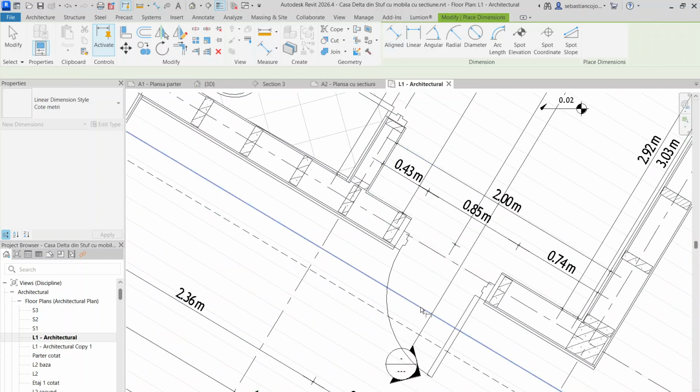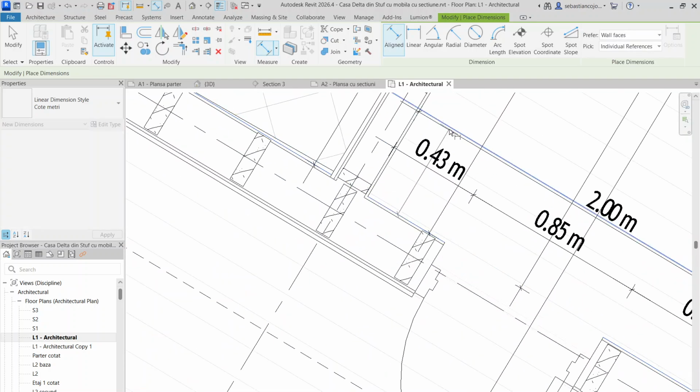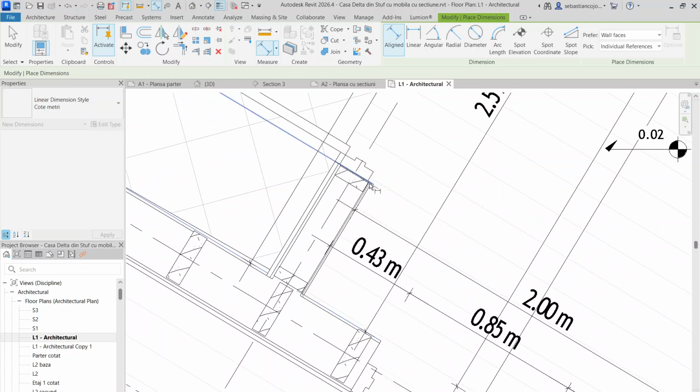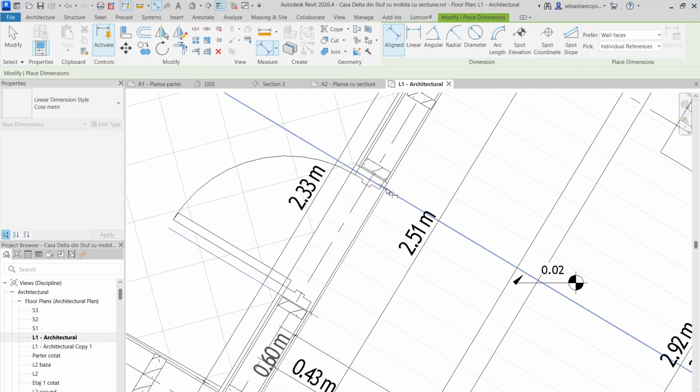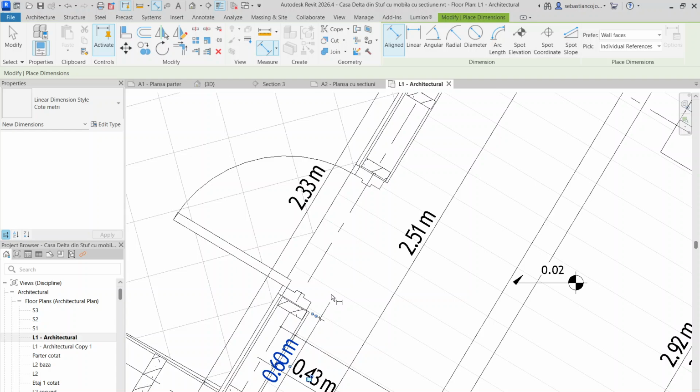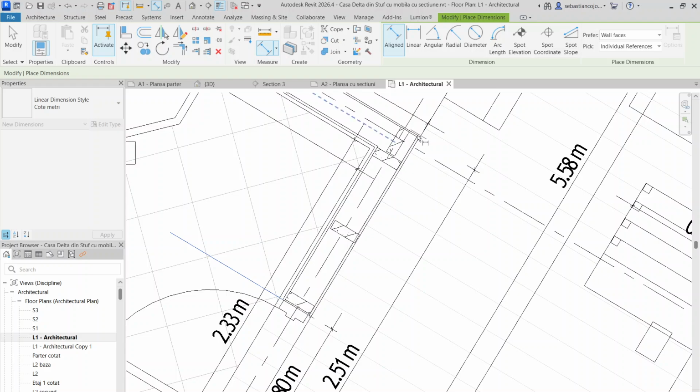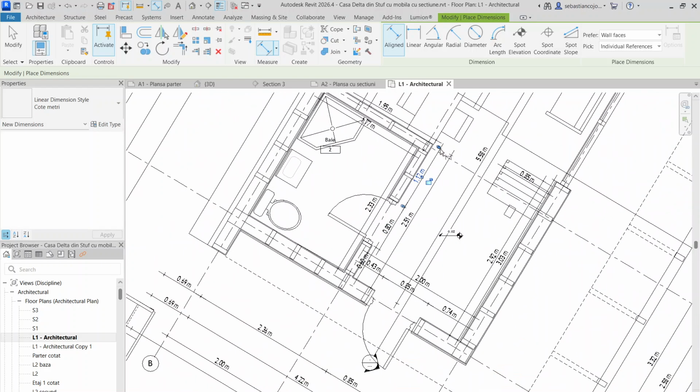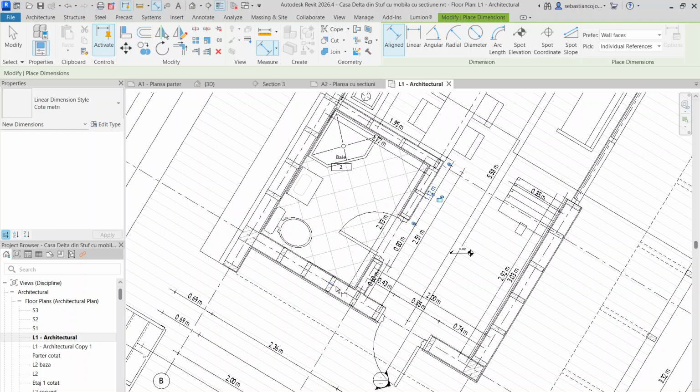I do separate dimensions because some may be above 1 meter, some not. Something like this, and then let's measure again, something like this. Then we measure once again until here. Okay, great,